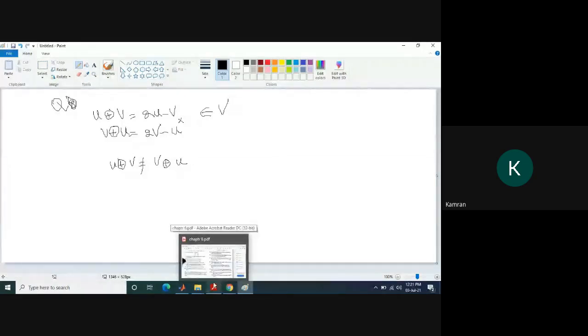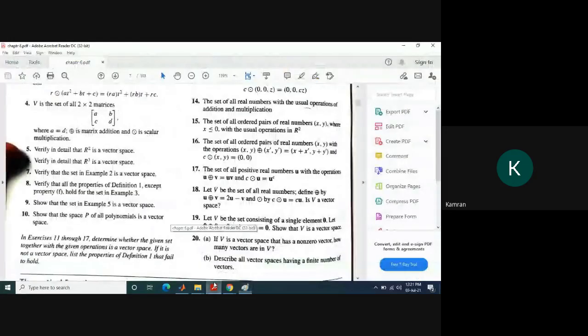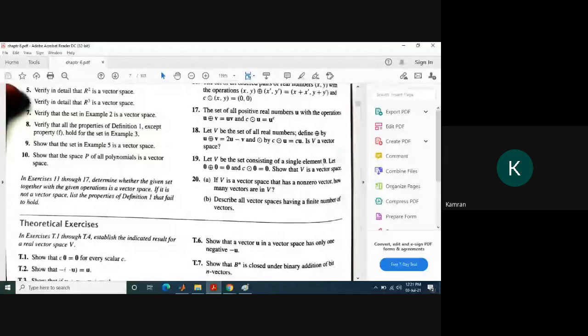ठीक है. क्वेश्चन नंबर 19 देखिए, इसमें it is a set which contains only zero, so it is called a zero vector space. ये वेक्टर स्पेस बनाता है because 0 is a real number, so 0 plus 0 is again a real number, and 0 plus 0 is equal to 0 plus 0. So all the properties with respect to addition and multiplication hold. So this question number 19, जिसमें सिर्फ 0 है, this forms a vector space and it is called a zero vector space. You can verify all the properties of a vector space.